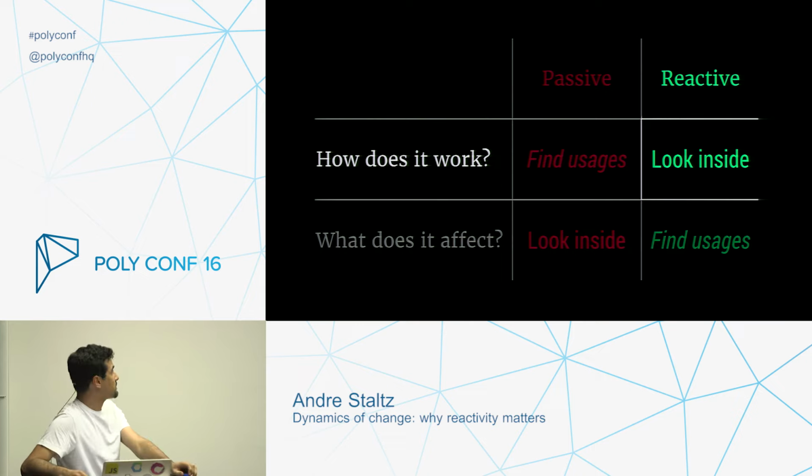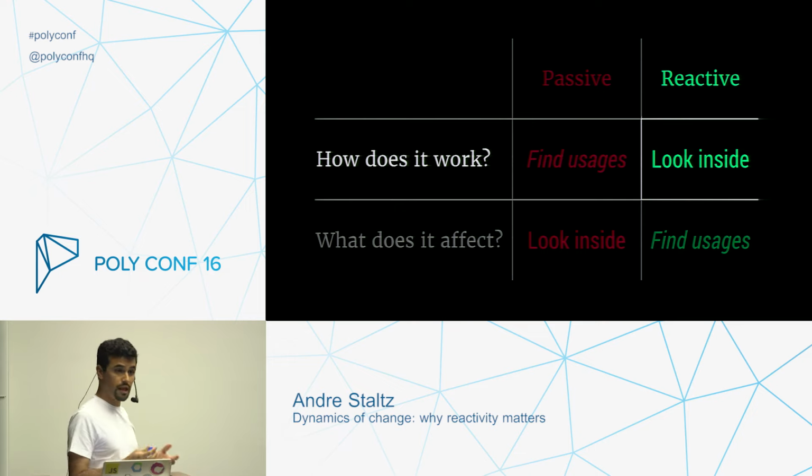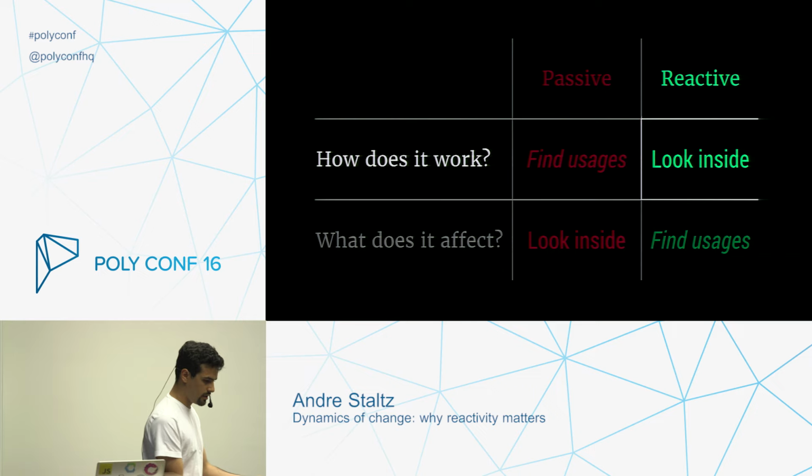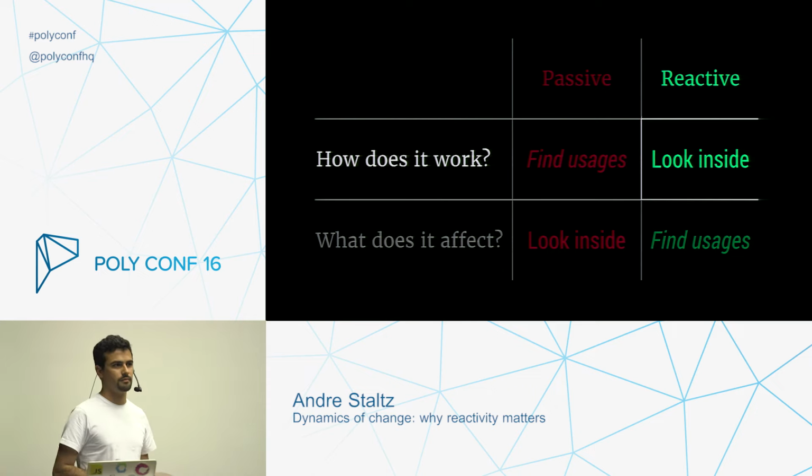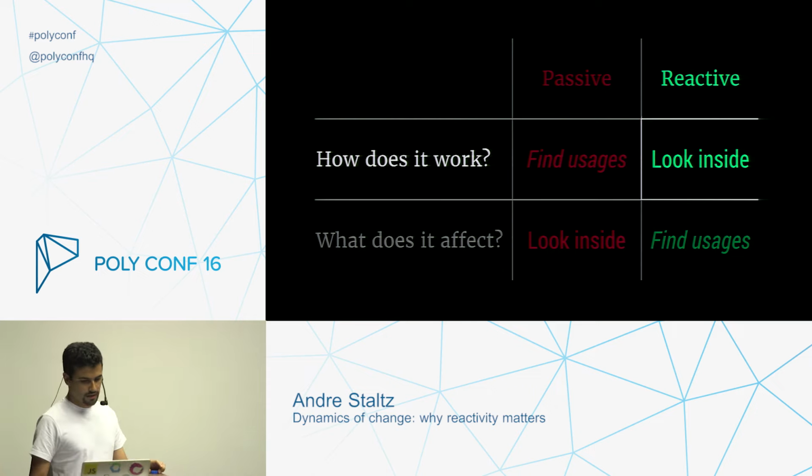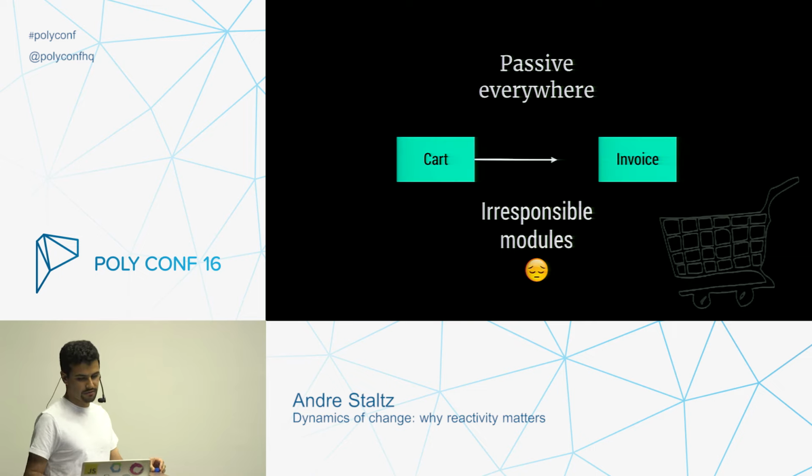And that's why reactive programming matters, and it's a good default, because it allows you to just look at something and you understand it. And that's it. So in contrast, if you would use passive by default, passive everywhere, then you basically get